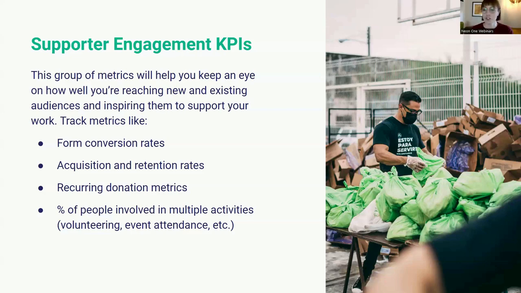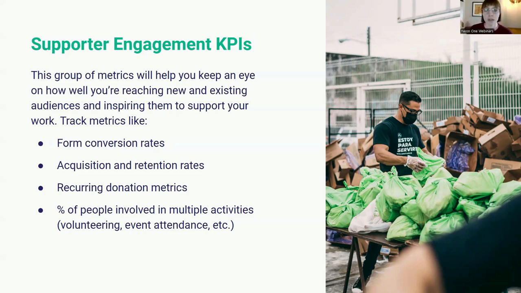But what you can do, so a form conversion rate is the percentage of people who land on a form or a page of yours that has a form on it and then go on to submit the form. What's tricky about this is that depending on the platform you're using, it can be difficult to measure. You would need to use something like Google Analytics to track the number of people who land on that page, and then look at the number of people who submitted that form. And then you would divide the number of people who submitted the form by the number of people who landed on the page. You can do that for donation pages, of course, but you can also do that for membership enrollment forms or volunteer sign-up forms or event registrations or even newsletter signups.